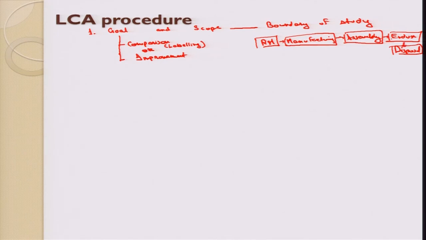I need to study before the product reaches the end user. So this would be my boundary, from the raw material to manufacturing and assembly. So this is the first step. We need to see what are the inputs here to find goal and scope, and what are the outputs here? Outputs,